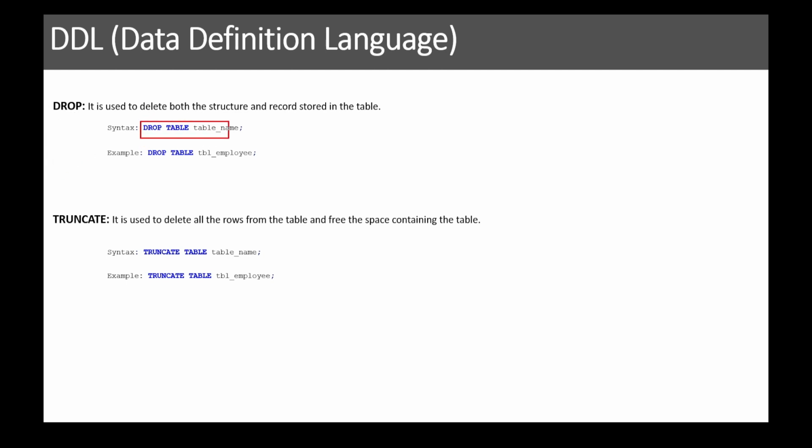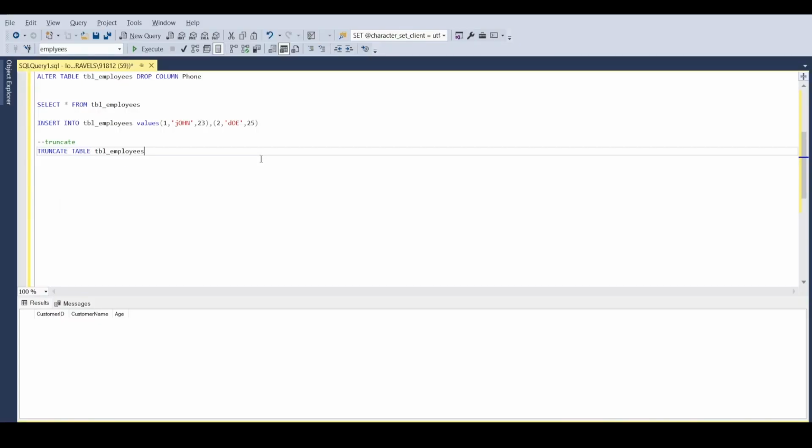You can see drop table, that table name that we wanted to remove from our database. Okay, so here you can see the example drop table, that table name tbl employees. Okay, so now just switch to our Visual SQL Server Studio. So you can use drop table. Okay, so by using drop table tbl employees,